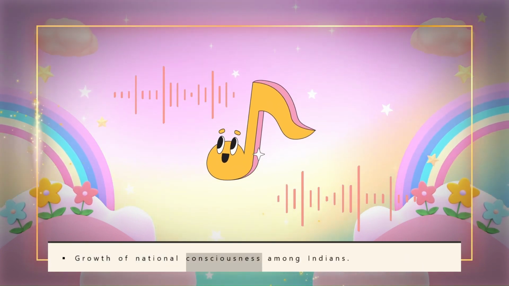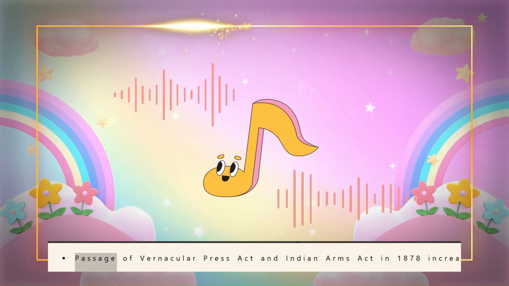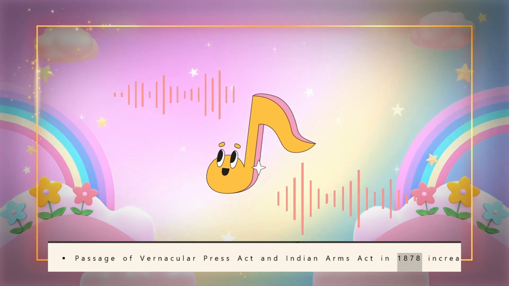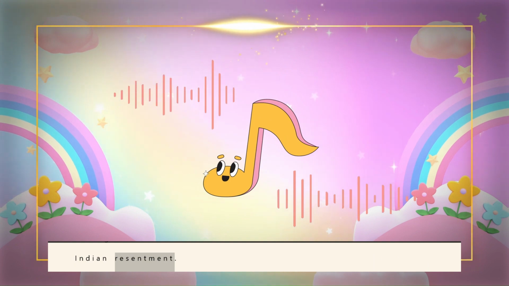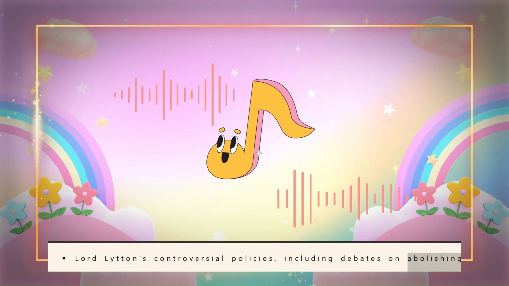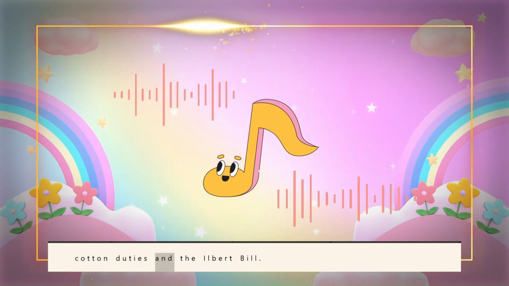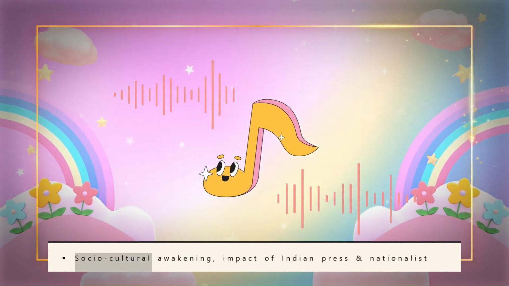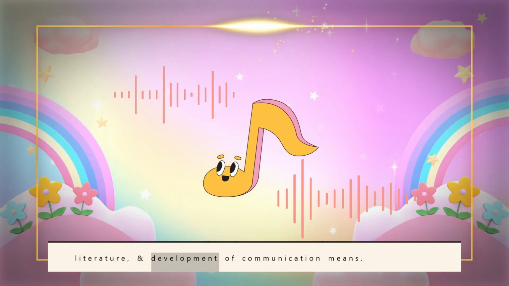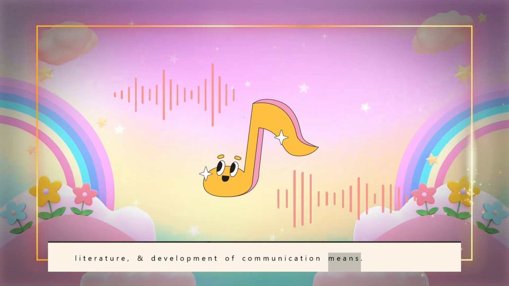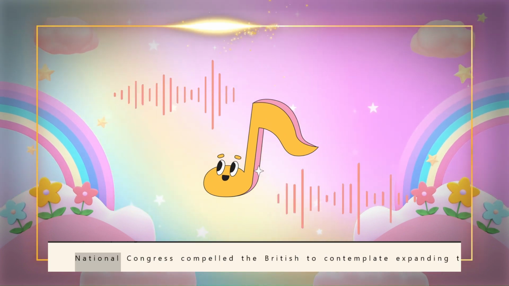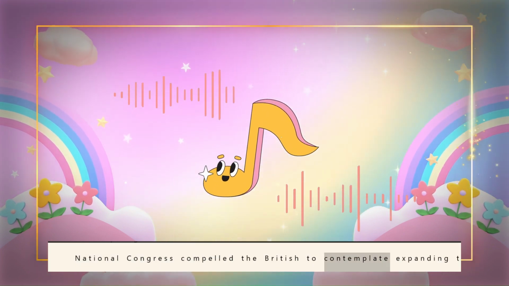Growth of national consciousness among Indians. The passage of the Vernacular Press Act and Indian Arms Act in 1878 increased Indian resentment. Lord Lytton's controversial policies, including debates on abolishing 5% cotton duties, and the Ilbert Bill. Sociocultural awakening, the impact of the Indian press and nationalist literature, and the development of communication means. The rapid growth of nationalists after the formation of the Indian National Congress compelled the British to contemplate expanding their